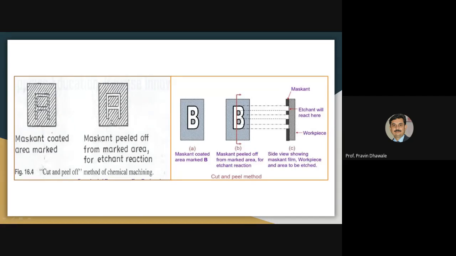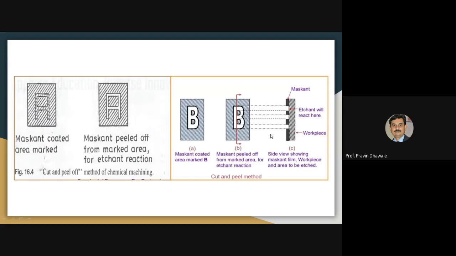The remaining area shown by the hatched lines has the maskant present on the workpiece, and that avoids the chemical reaction of the etchant with the workpiece material. Only the portion of the maskant which we peel off will be exposed to the etchant for chemical reaction.